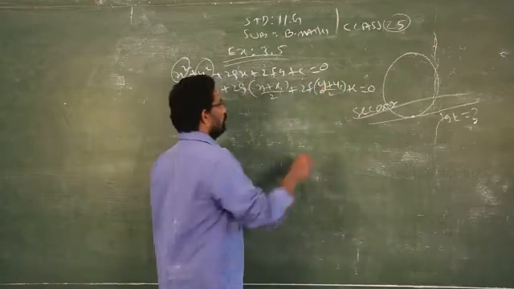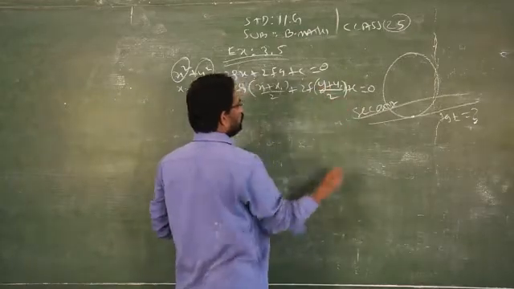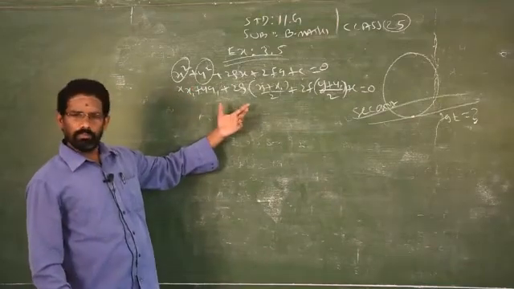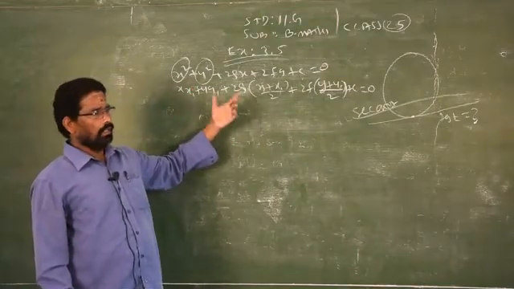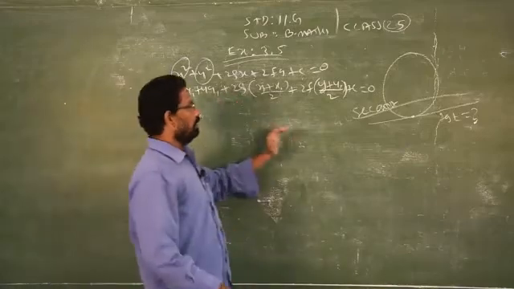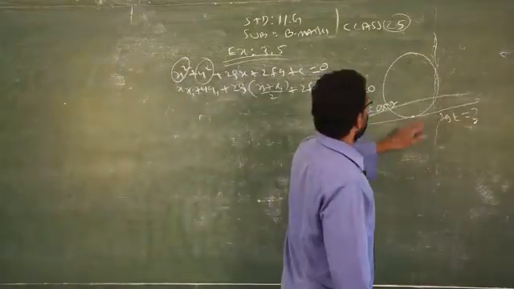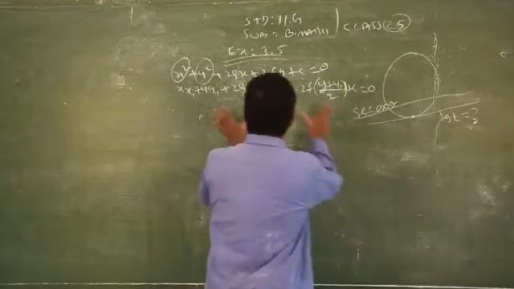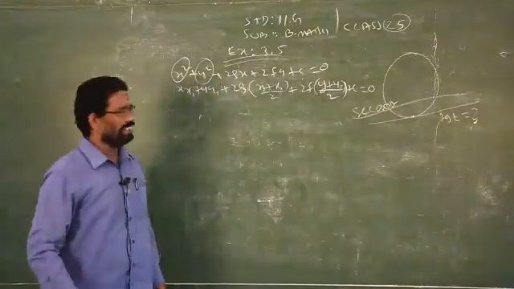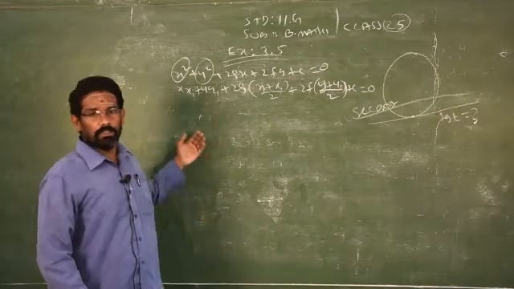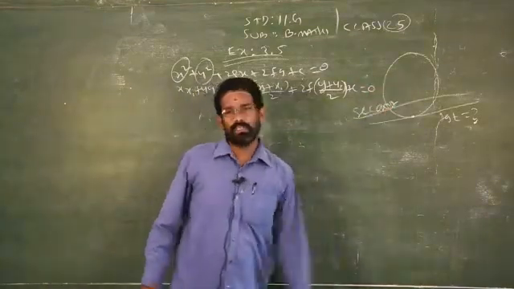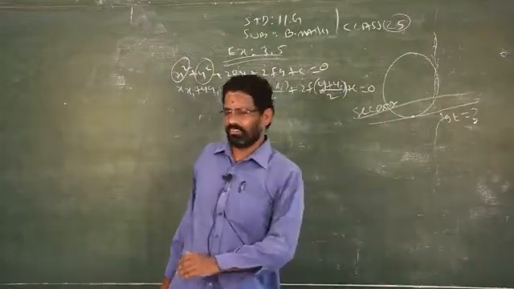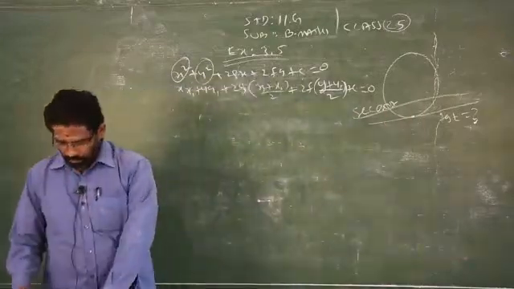Clear? So it is nothing new. This is a standardized formula, you memorize it, it is very simple. This is the equation of the tangent. When the equation of the circle and the point it is passing through are given, how to find out the equation of the tangent? This is the formula to find the equation of the tangent, passing through any single point on the circle, not 2 points. If it is 2 points, this is not the formula, that is called a secant. Clear?